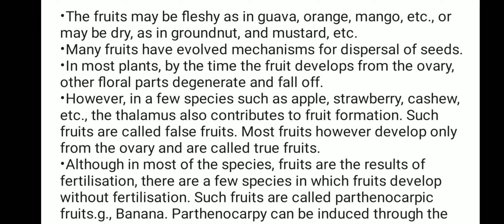What is a fruit? It consists of the pericarp, which develops from the ovary wall. We know that the pericarp is the fruit wall, developed from the ovary wall, and the seeds are derived from the ovule. The pericarp may be very thin or thick. Usually it is differentiated into an outer layer called the epicarp, a middle one called the mesocarp, and an inner one called the endocarp. So the pericarp is differentiated into three important layers: the outer epicarp, the middle mesocarp, and the inner endocarp.